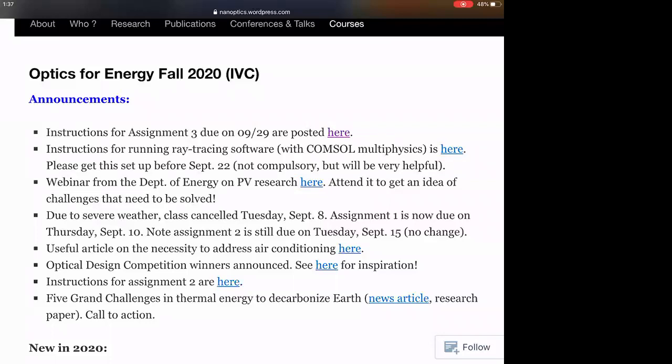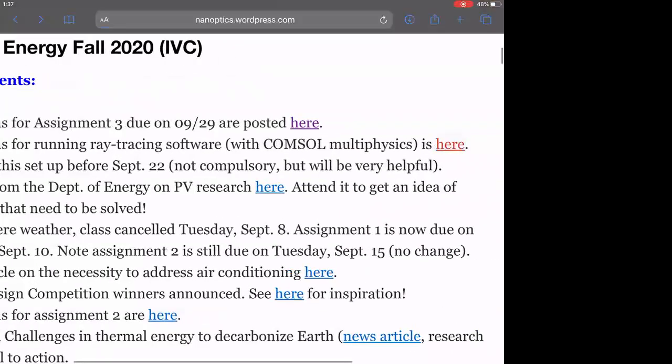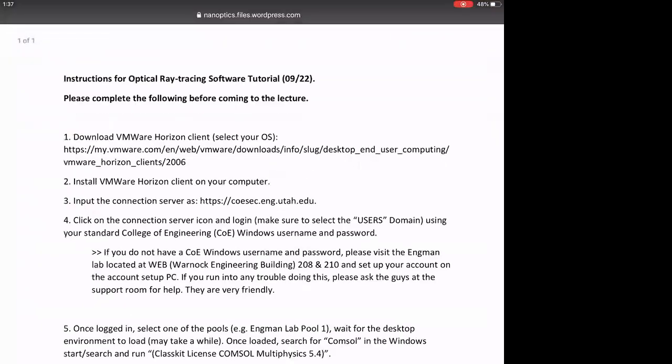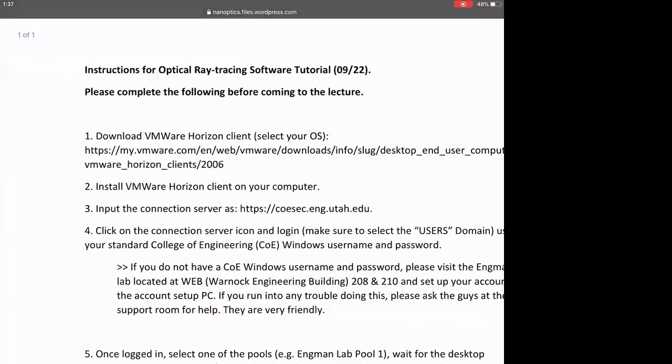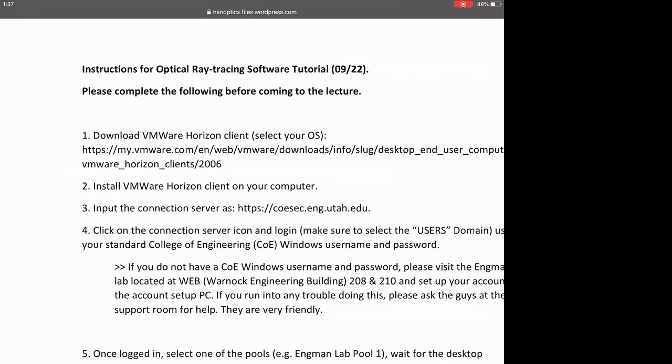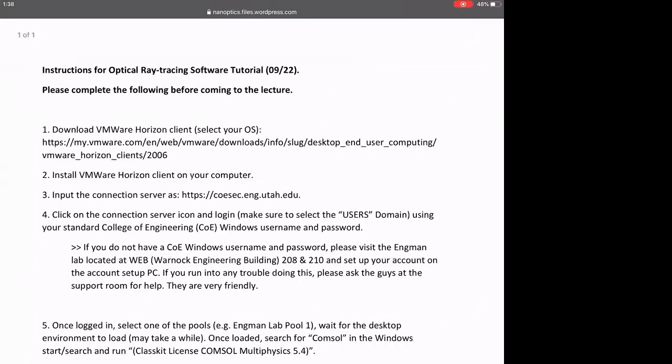We're going to use COMSOL Multiphysics for ray tracing, and I prepared some instructions here for what you need to do to prepare if you want to run the simulations along with him when he goes through the lecture. So first of all, you need to download the VMware Horizon client, which allows,